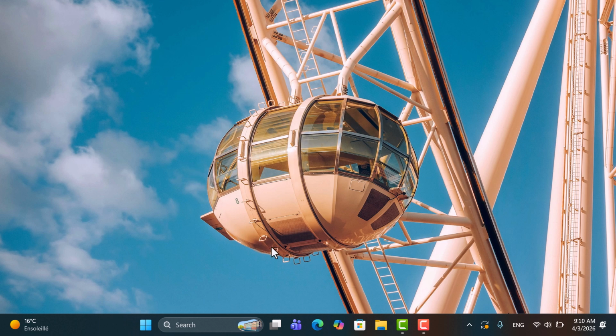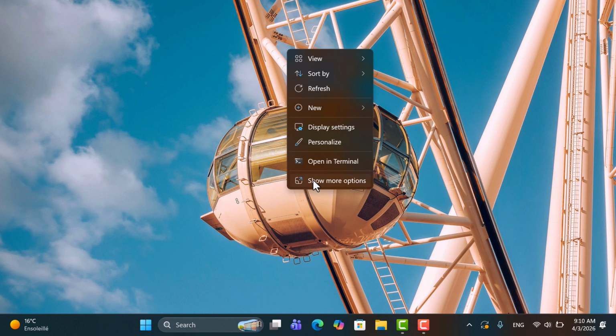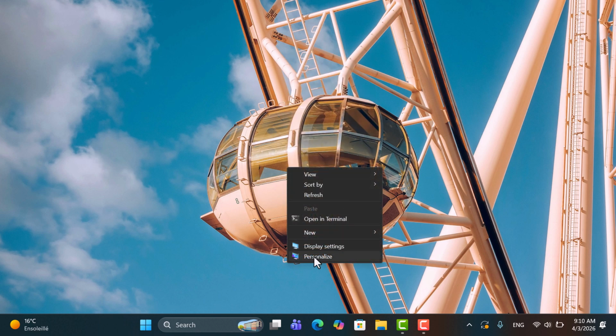In this video I will show you how you can change the image of your desktop on Windows 11 and also how you can change the theme if you want to. So let's get started. First thing, go to your desktop, right click on your desktop and click on show more options. Now here click on personalize,